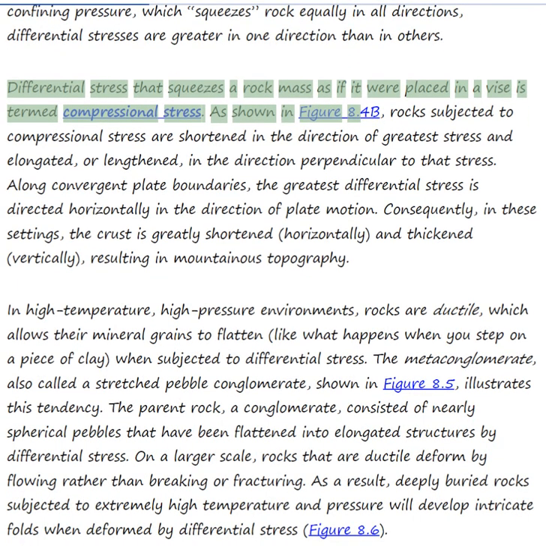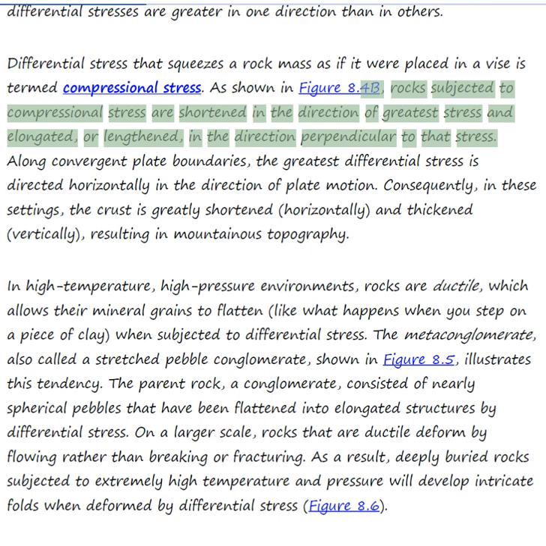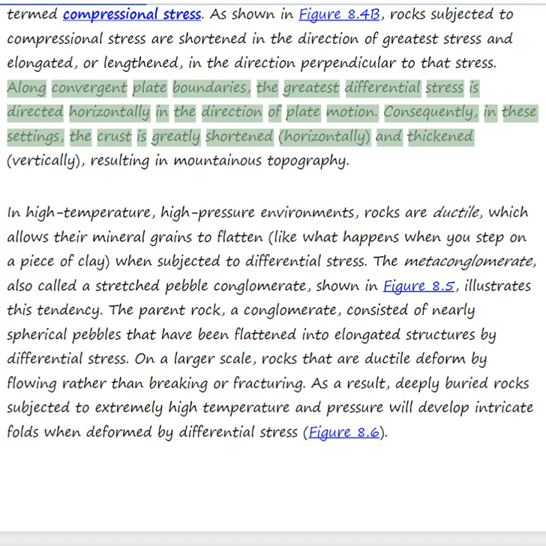Differential stress that squeezes a rock mass as if it were placed in a vise is termed compressional stress, as shown in Figure 8.4B. Rocks subjected to compressional stress are shortened in the direction of greatest stress and elongated, or lengthened, in the direction perpendicular to that stress. Along convergent plate boundaries, the greatest differential stress is directed horizontally in the direction of plate motion. Consequently, in these settings, the crust is greatly shortened and thickened,